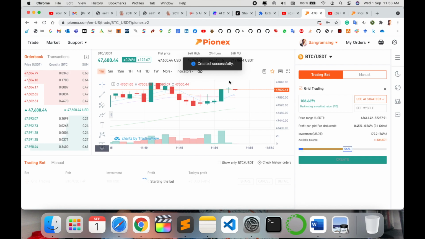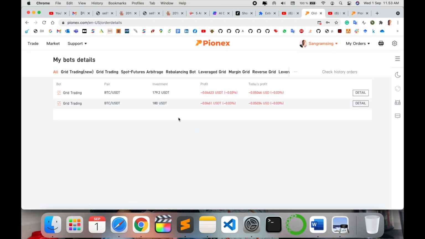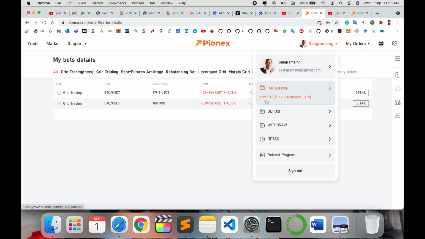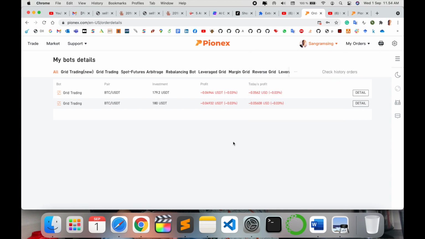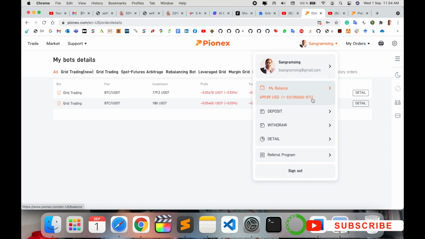Continue, created successfully. My order trading bot is displayed here. I am buying 2 shares. Profit and loss are displayed here. So look at this, my balance is automatically deducted, meaning I invested all my money, so I earn some profit, displayed here under profit. Now it is 0.0, a minus is going on. I invested all my money, just $1 remaining.